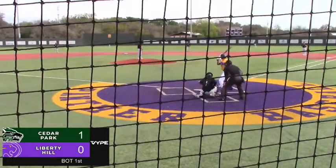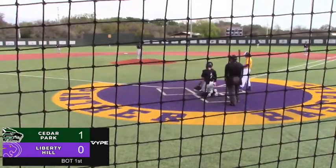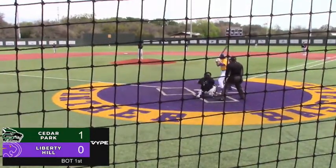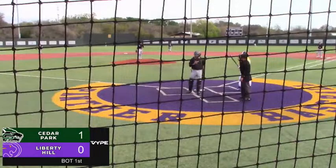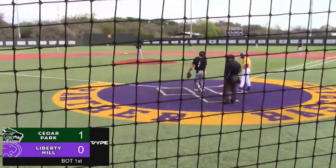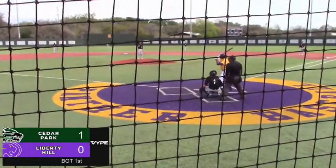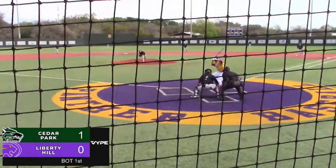Got a windy Tuesday afternoon here. That is a strike on the outside corner, 2-1 to Dyer. Thanks for joining us on Vype Live. Again, my name is Adam Mueller. Happy to be here for this Liberty Hill district season. Foul away off here to the left, 2-2 now. Davis has worked his way back into the count. Excited to be here with the Panthers for a majority of the district season. Of course, this is the District 25 5A opener here at Panthers Field. 2-2 pitch